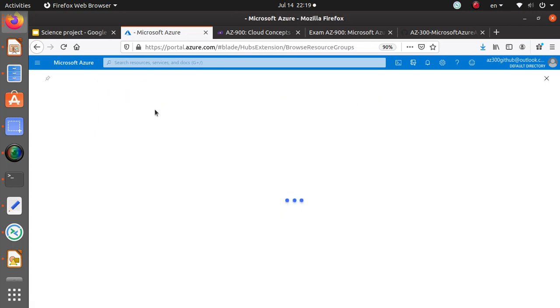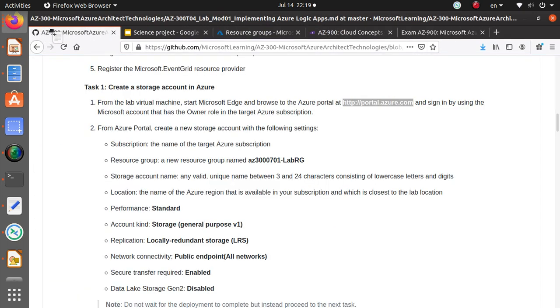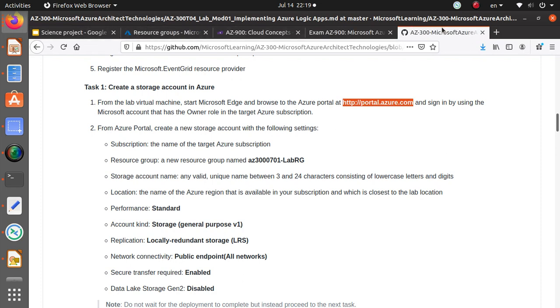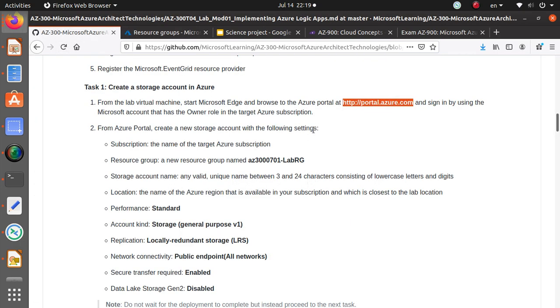Before we start the lab, I want to quickly take a look at my resource group. Okay, I have seen that. So let's start our lab. I'm going to move this over here so I can move a little bit easier. All right. So our job is to create a